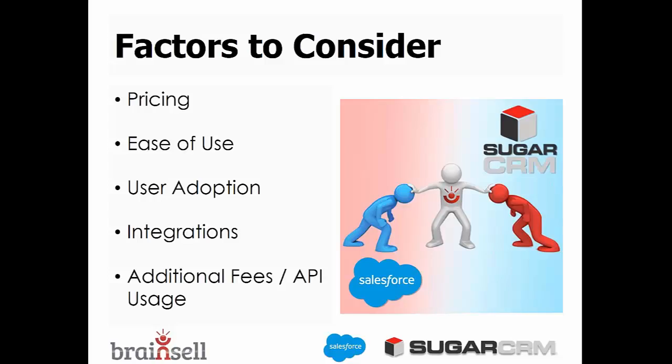The second bullet point, really important, is the ease of use. And ease of use is a very, very subjective term, because if you like something and you are comfortable with it, then it's easy for you to use. And there have been people who say that product A is easy to use, but product B isn't, or vice versa. So the question is, is it easy for you and your customers to use? Then user adoption. The ease of use is going to speak to user adoption. If something is easy to use, people will use it, and it will be adopted enterprise-wide.